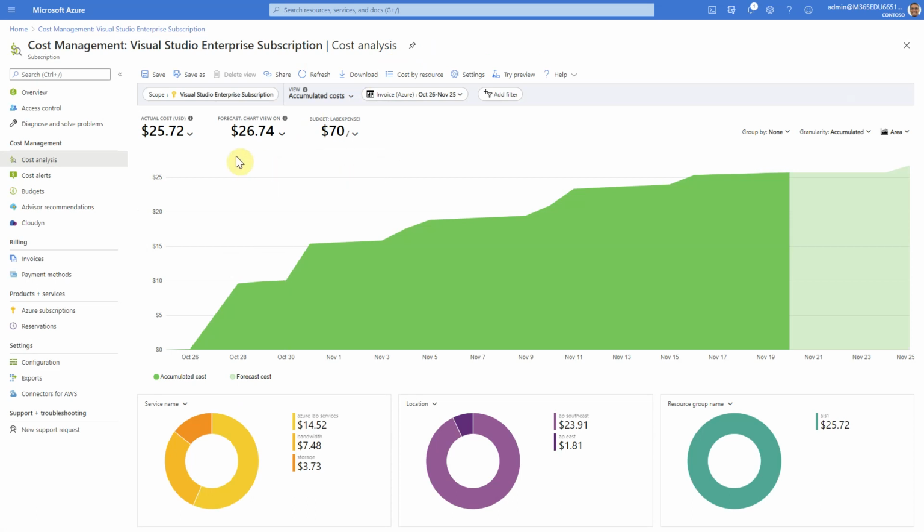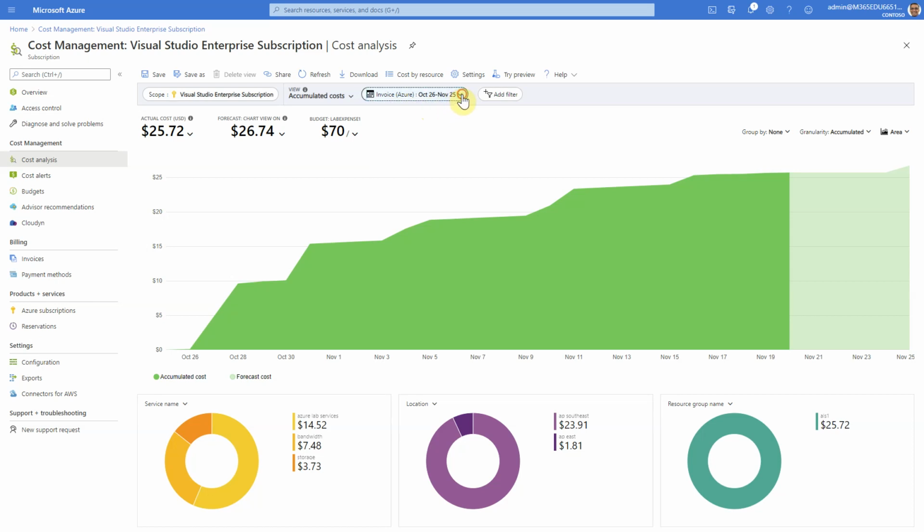The graph here clearly shows the current actual cost, also shows the forecast, and the Azure administrator has put a budget limit, against which there are alerts set up, lab expense 1, so that when this limit is hit, appropriate administrative staff will be informed for action, or an automated script can be fired up to take the remedial action. As you can see, currently the projection is well below the budget limit that has been set.